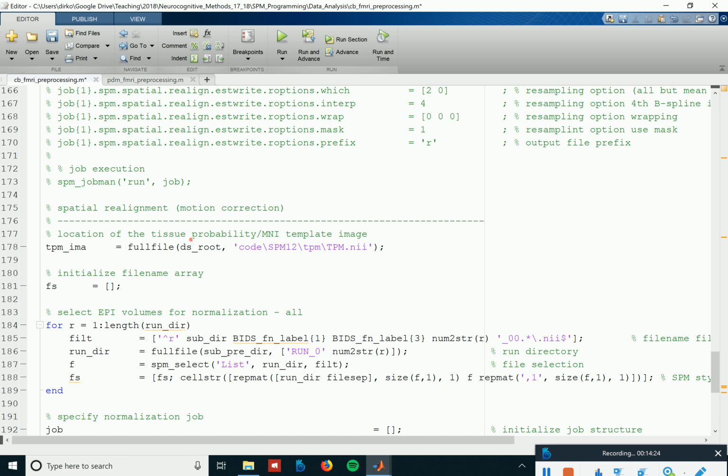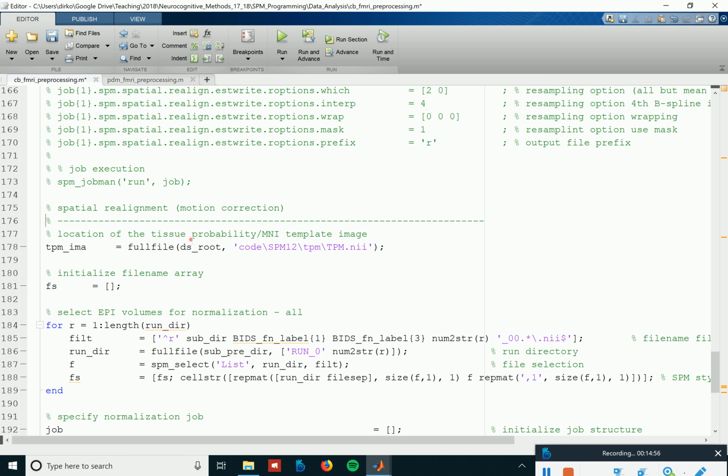Or in the old days, I directly normalized the EPI images that we acquired to the EPI MNI template, and then there's this new normalization that was introduced in 2014, 15 or something,